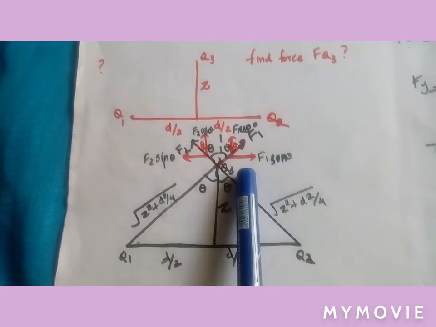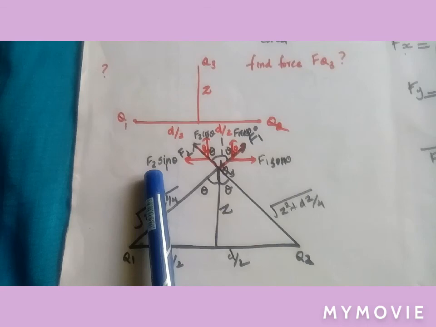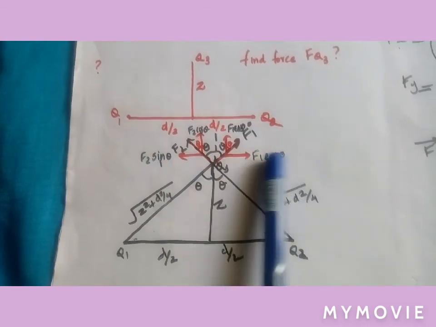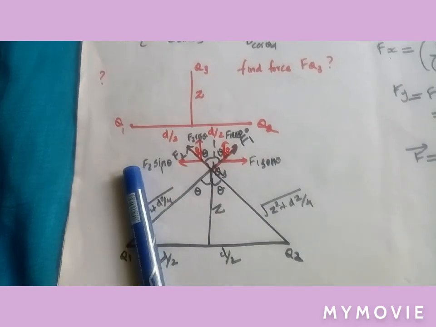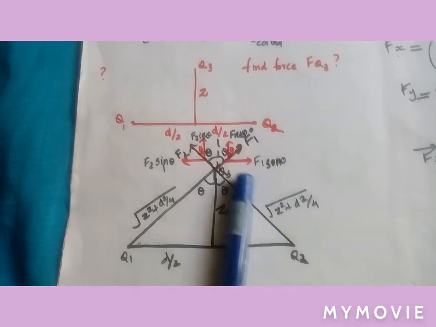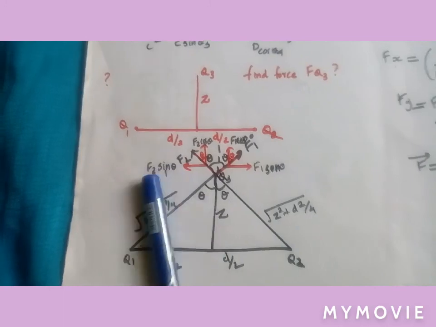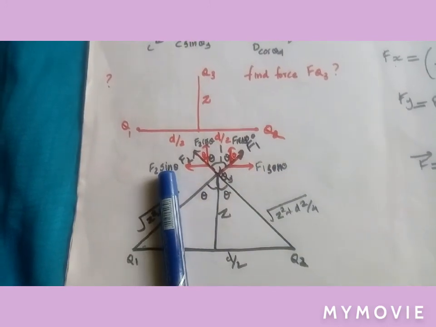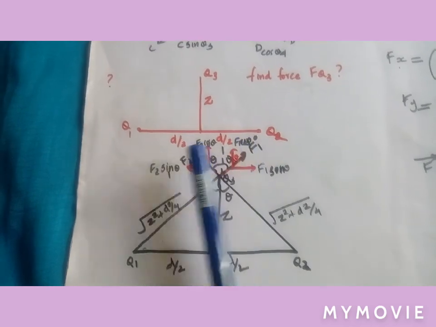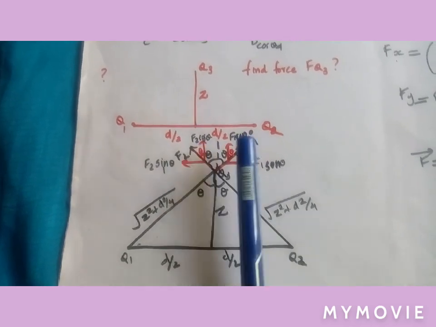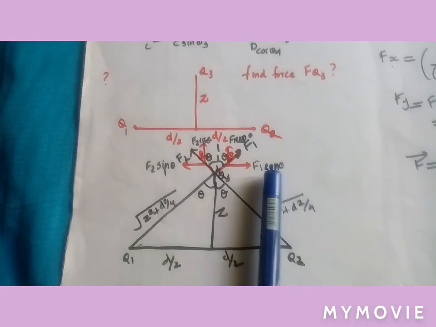From that we know that Fx is equal to F1 sin theta minus F2 sin theta. The component directed towards the right side, the positive x-axis, is positive, here it is negative, here also plus y, and downward is minus y. So Fx is F1 sin theta minus F2 sin theta, and Fy, the y component, is F1 cos theta plus F2 cos theta. We have to find cos theta and sin theta from the figure.